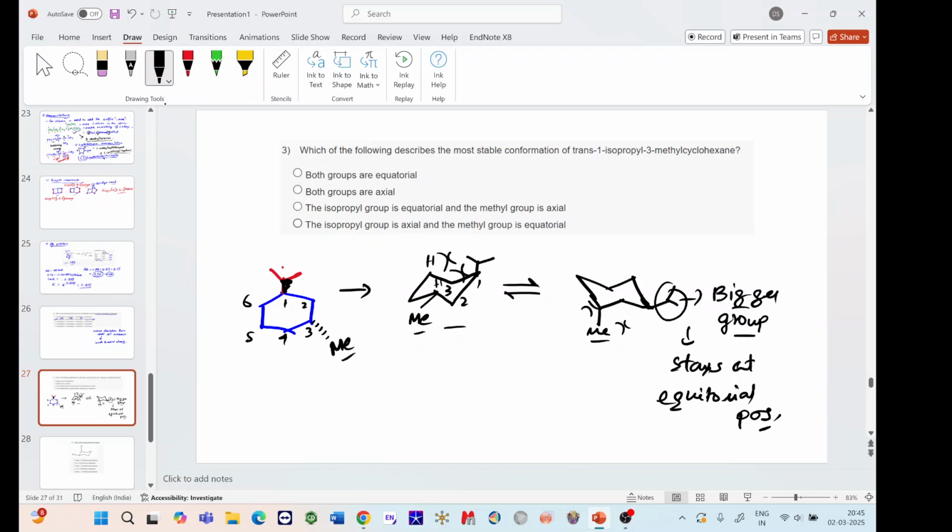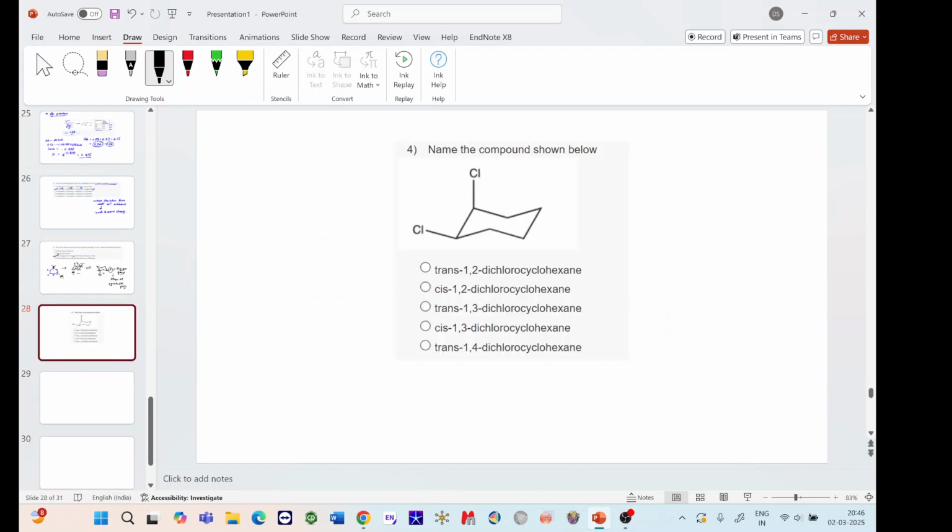So now you see which option is correct. So this isopropyl group is equatorial, methyl group is axial. So this one will be the correct option. Okay. So this one,